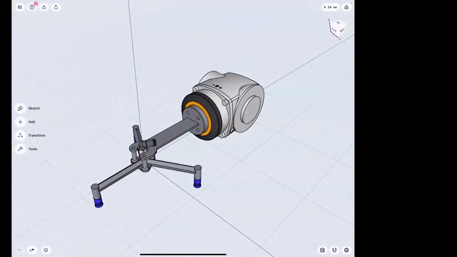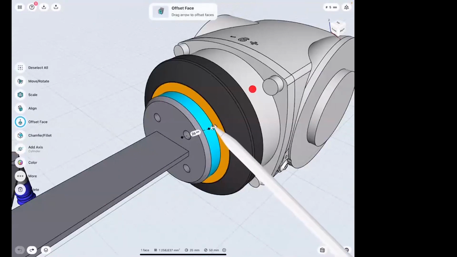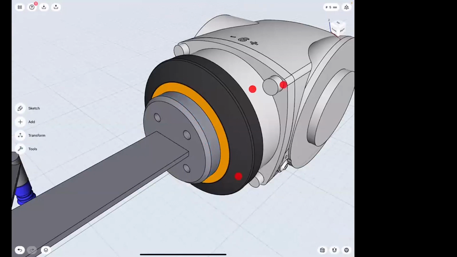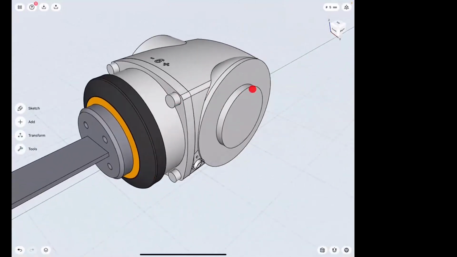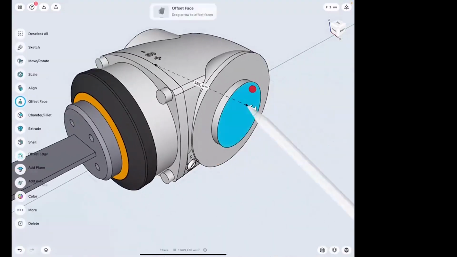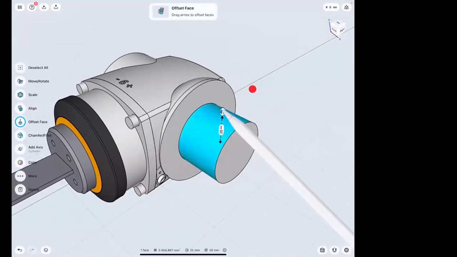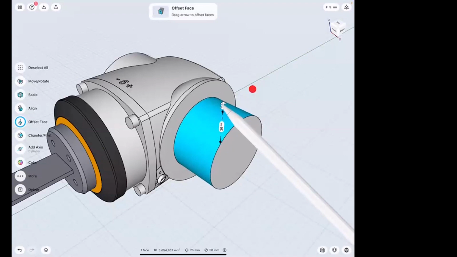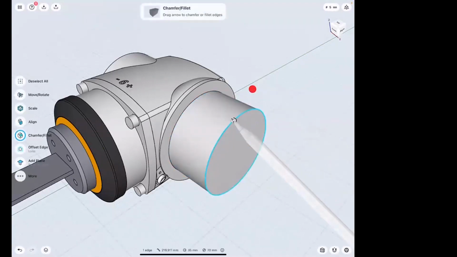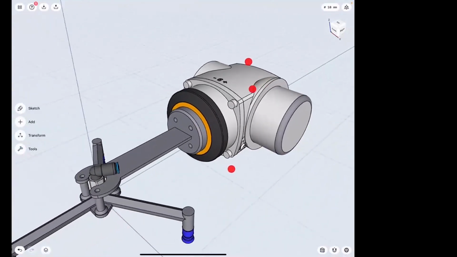So if I don't like any dimensions, I can simply just select the face and directly interact with it. This is why it's called direct modeling. Like if I have an imported part, even the robotic arm, there I can select the face and move it to meet the desired dimension, or I can move or change the radius, or add some chamfers or fillets. So yeah, I can directly interact with the model.